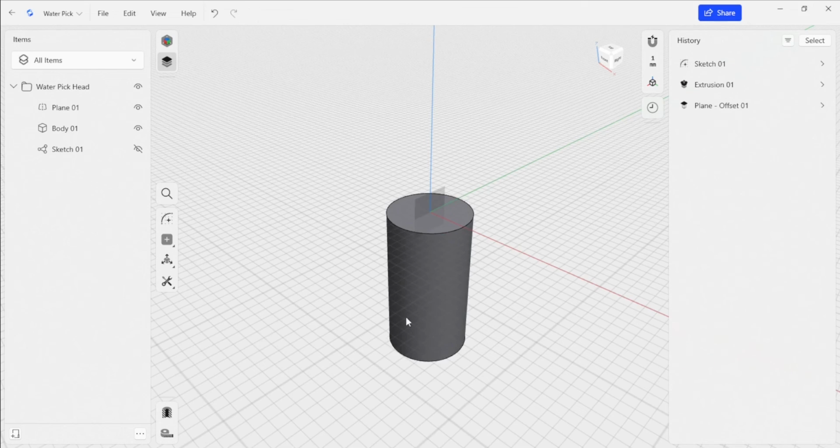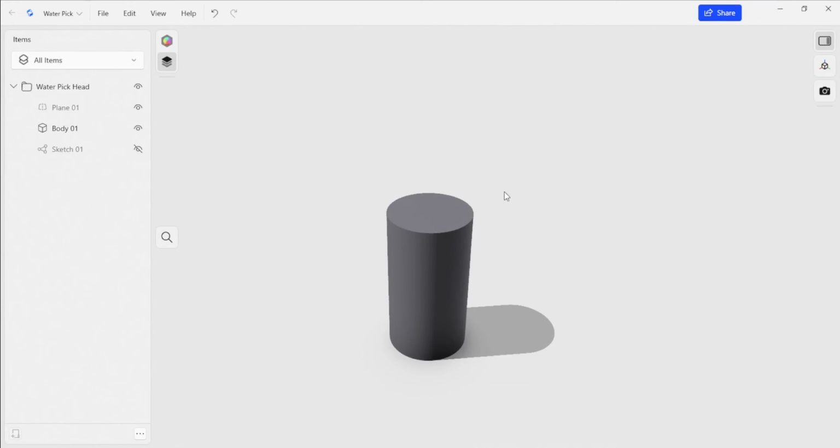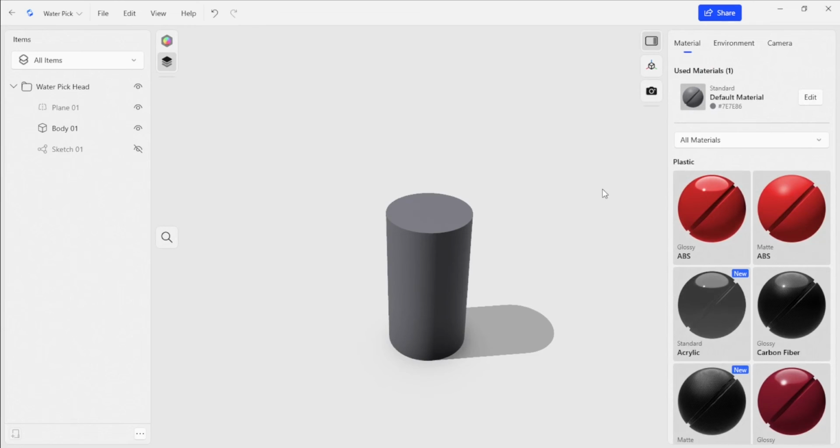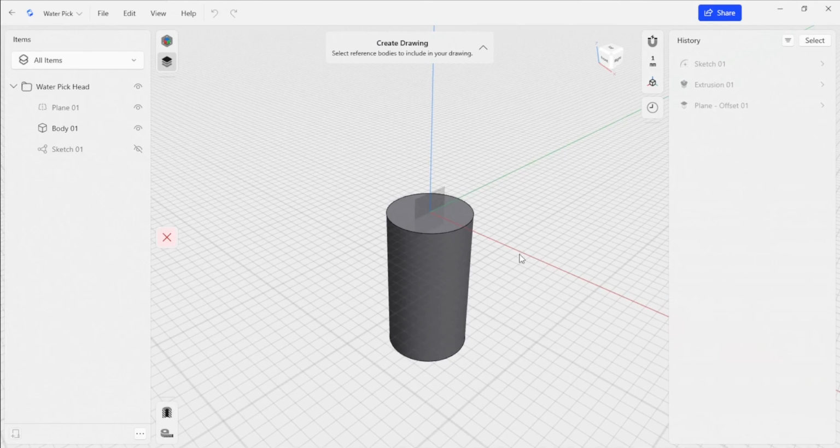Along with the CAD modeling feature that we've talked about so far, I can click up here and go into our visualization tab, which brings us to a built-in renderer that allows us to apply materials and create images of rendered objects from Shaper 3D directly. I can also create drawings from the CAD models, and that helps me create dimension drawings that I can then share outside of the CAD environment with people that just need to see dimension drawings without having to be able to manipulate the model. So both of those are additional features in the software that are very useful.